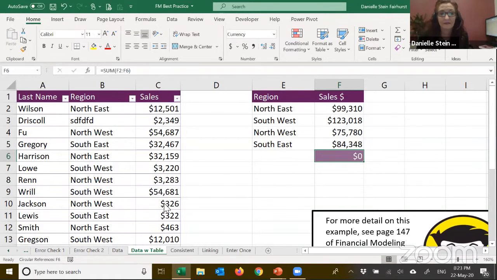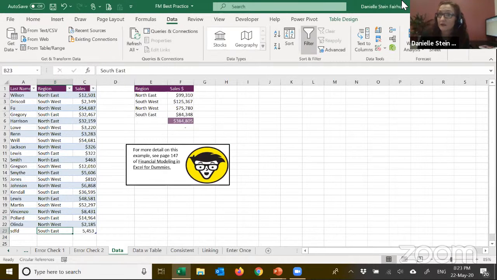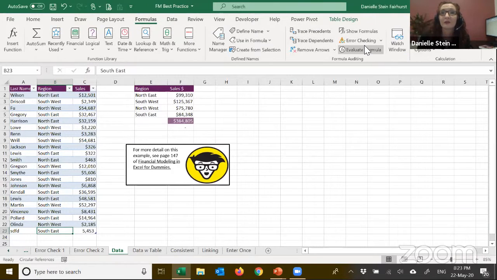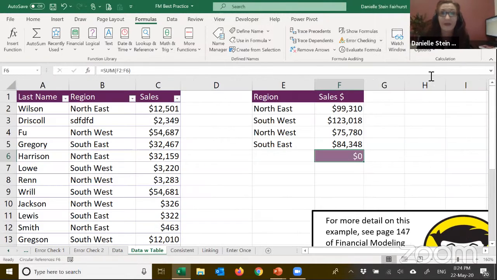You can tell that there's a circular reference there. It says F6. That makes it quite easy to find. But sometimes circular references are much, much harder. So let's say you're over here and it doesn't tell me where my circular references are. The easiest way to find a circular reference is to go into your formulas, go to error checking, circular references, and you can hunt it down and find out what the problem is. You click on that, and it will jump straight to the circular reference.